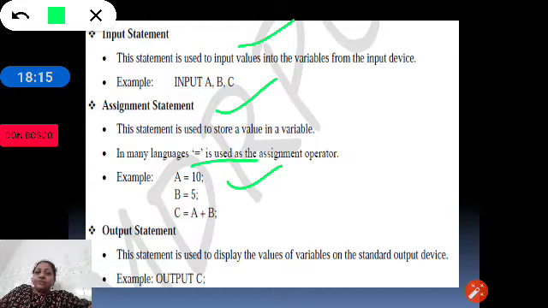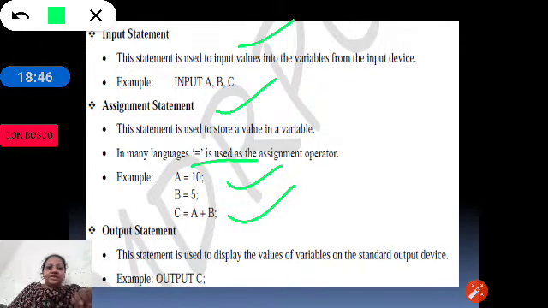A is equal to 10, 10 will be assigned to A. C is equal to A plus B, A and B will be added and assigned to C. Assigning is nothing but storing. So to store any calculated value or a value, we use assignment statements, to store the values from the program in memory.